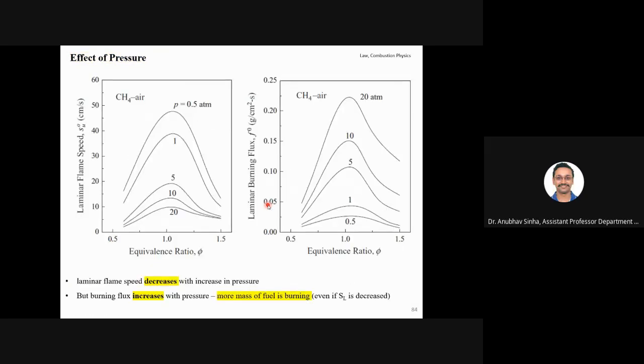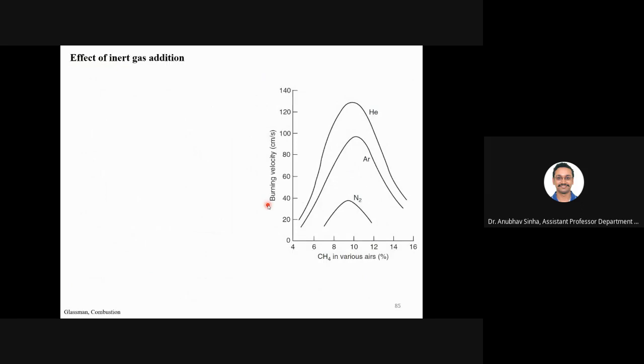Okay, let us try to wind this up now. The last topic is the effect of inert gas addition. So what will an inert gas do? If I add an inert gas, it will consume heat. It is not taking part in any reaction. It will be there in the reactants and in the products. So it will consume heat, and depending on the specific heat of that particular gas, we see different temperatures.